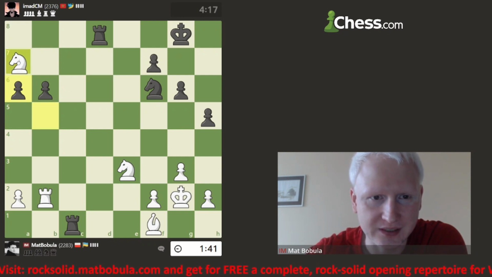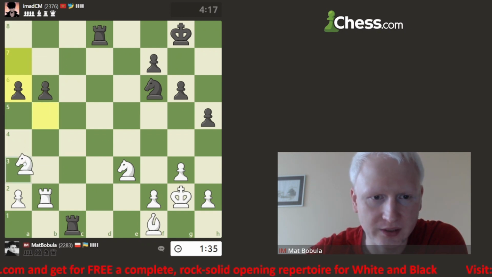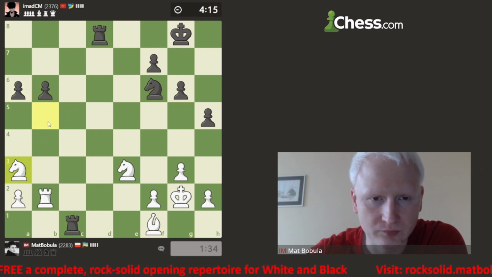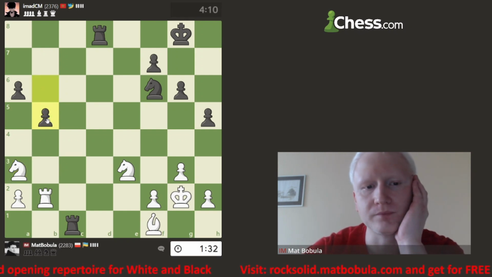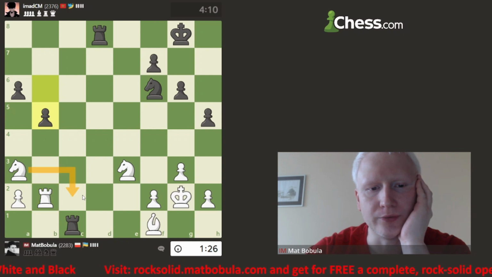Or can I go to a7? Or will it be trapped? It doesn't look great, that square. And if I go back, okay, let's go back, probably b5. Yeah, b5 is going to happen. So better was to play knight to c4. Okay, if I play it here,